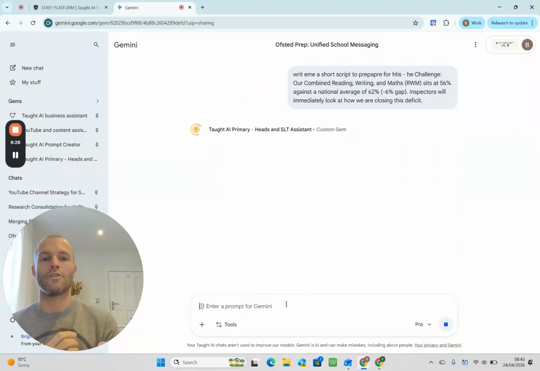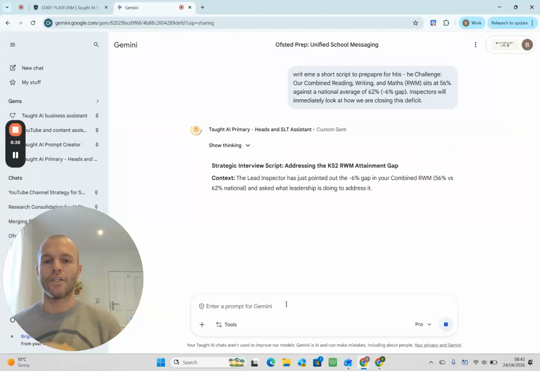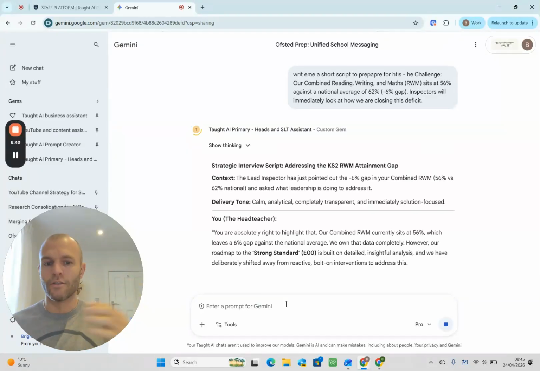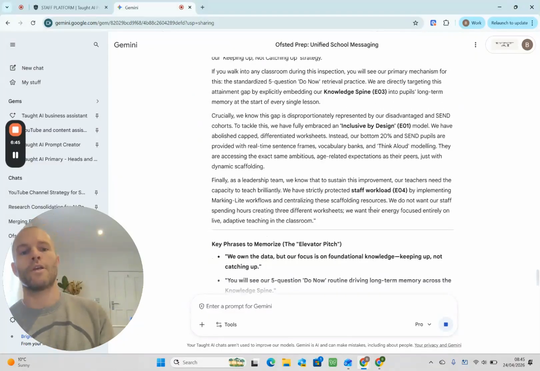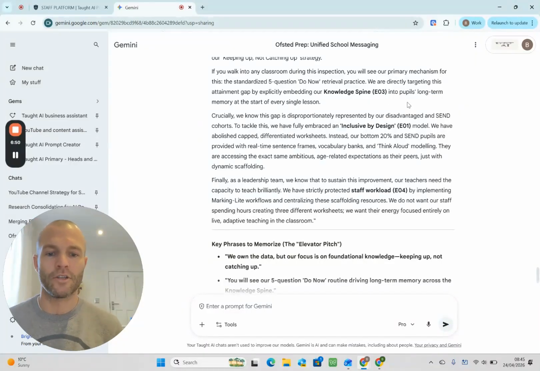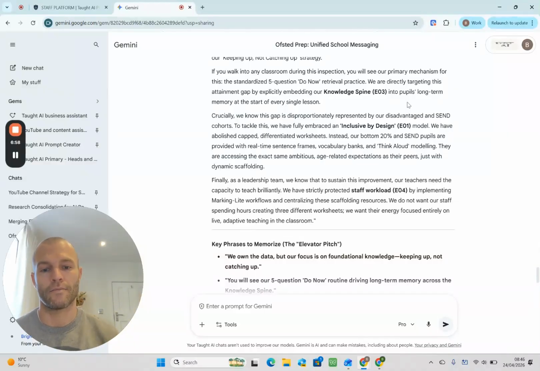But what it's actually going to do as well is it's going to be reviewing the Education Endowment Foundation research on early years reading and writing strategies and frameworks, and it will use that to inform the way that we can respond as we're talking. So that comes from the knowledge spine, and so these EO3s, these are all of our engines basically. Ofsted, inclusion, SEN, teaching and learning, curriculum, and obviously heads.